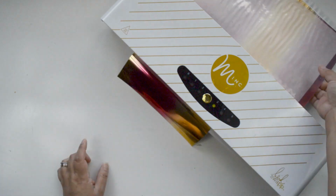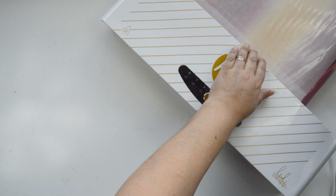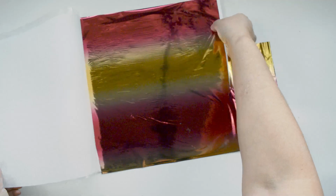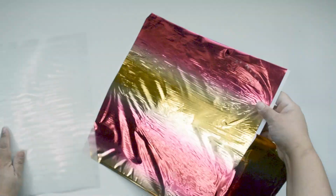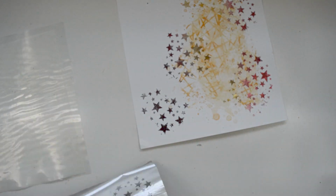You can use a laminator, it works the same way. I'm setting my Minc at set 3. I usually use the folder that comes with the machine, and then I add a piece of parchment paper in between. That just helps with the pressure. And I'm using this paper,